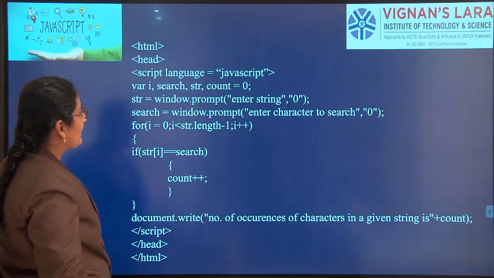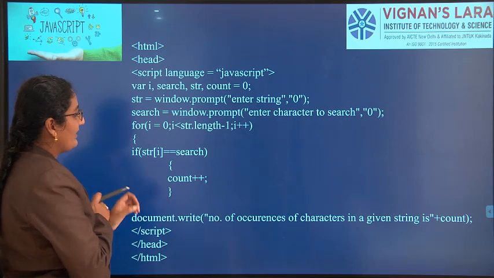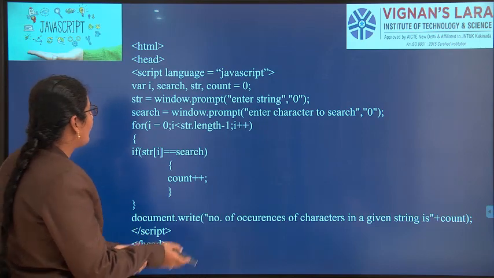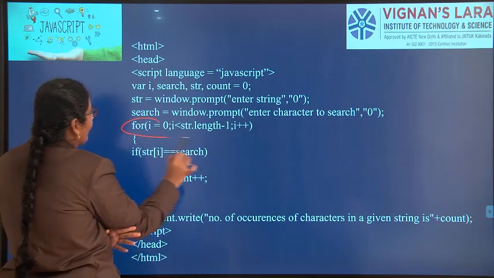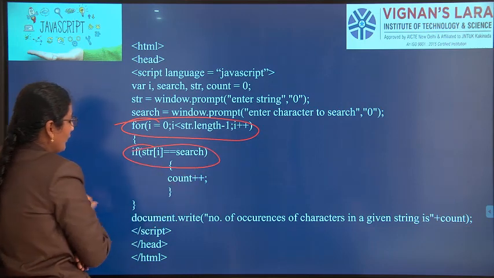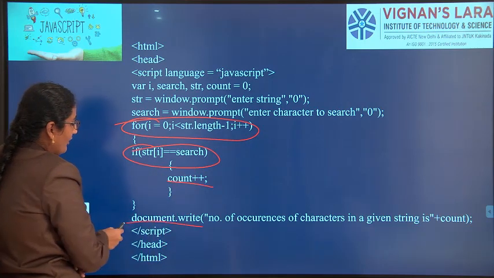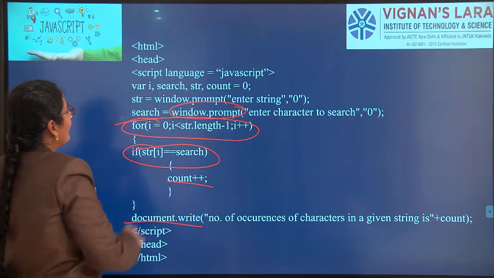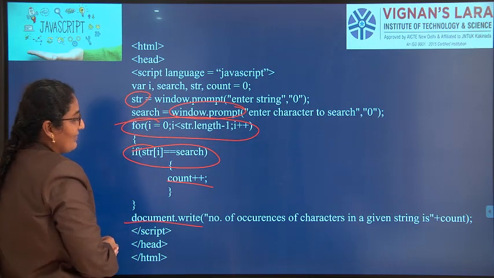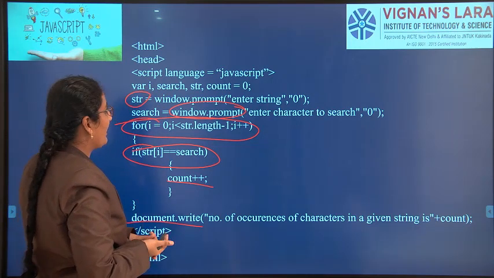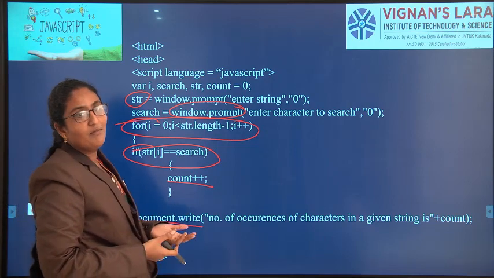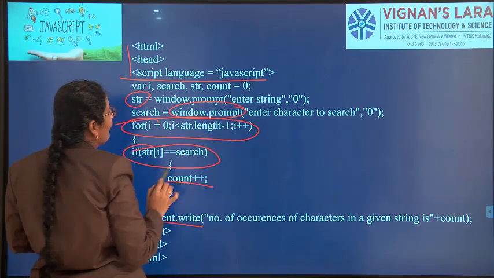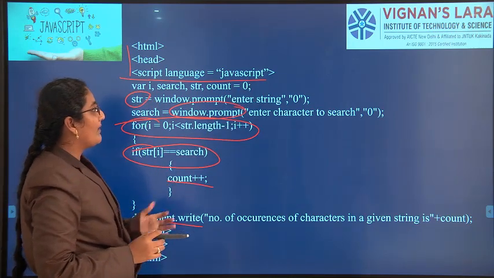So the last example, with the same conditions as we have seen in the prime number program and the factorial program. The same way here, we are using a for loop, an if, increment operators, document.writeln for output, and window.prompt for input. What it is doing, see, we have taken a string here and we are counting the number of characters in the string. So not only on numbers, you can perform this on strings also. Opening tags and closing tags, script language JavaScript. Till now you have performed factorial and prime number on numbers.